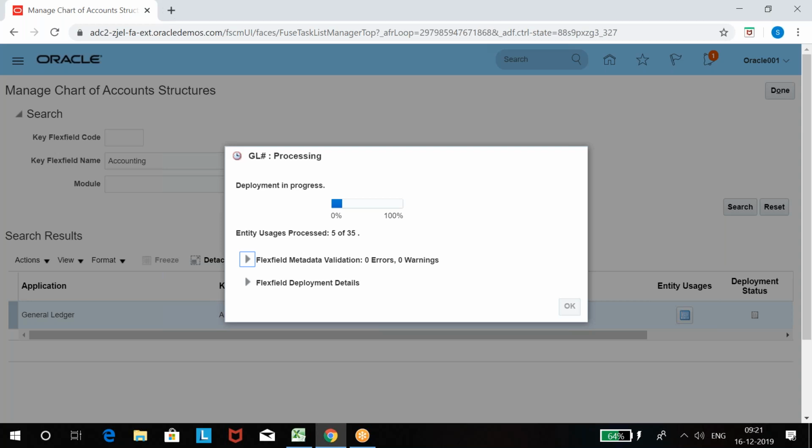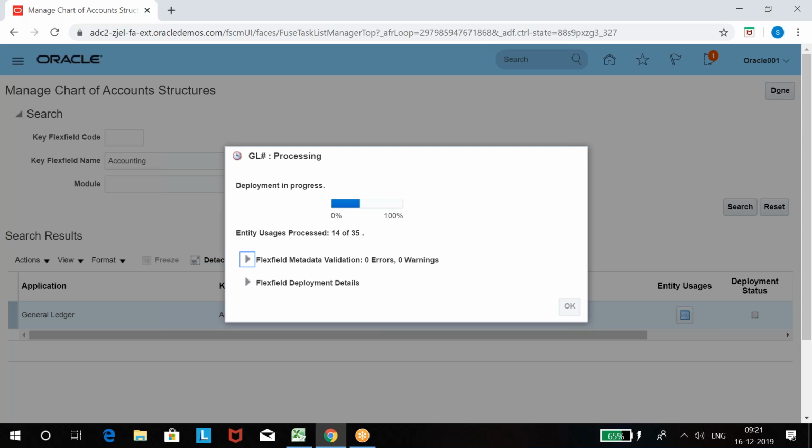Not only your chart of account, any other chart of account also, the system throws an error. You have to read the error, go to that chart of account and correct it, then deploy it again. In EBS, we call it compile, and that compile works only for a single chart of account. You don't do it for all. You don't do it for the complete flex field.